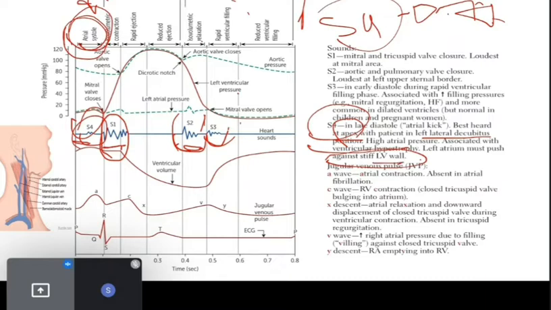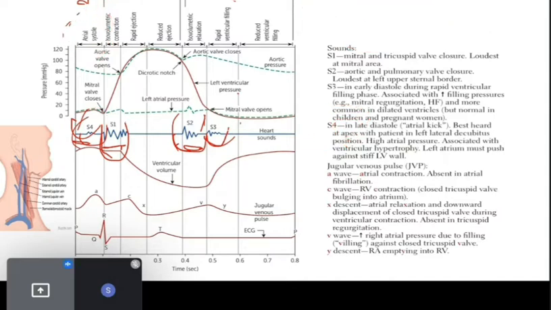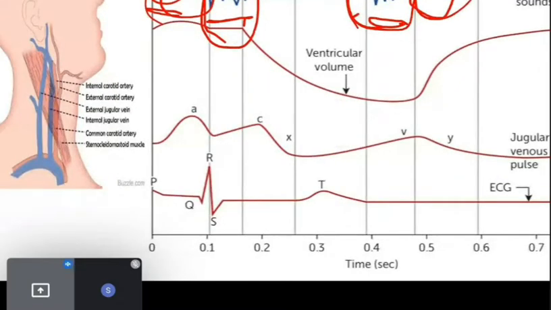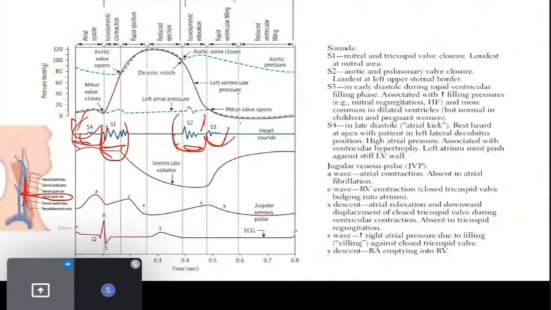Now let's see the second thing here, which is the jugular venous pulse. As you can see, here is the jugular vein. We are talking about this one, the internal jugular vein. Now, we have jugular pulses. The jugular venous pulse will, of course, since it's a vein,